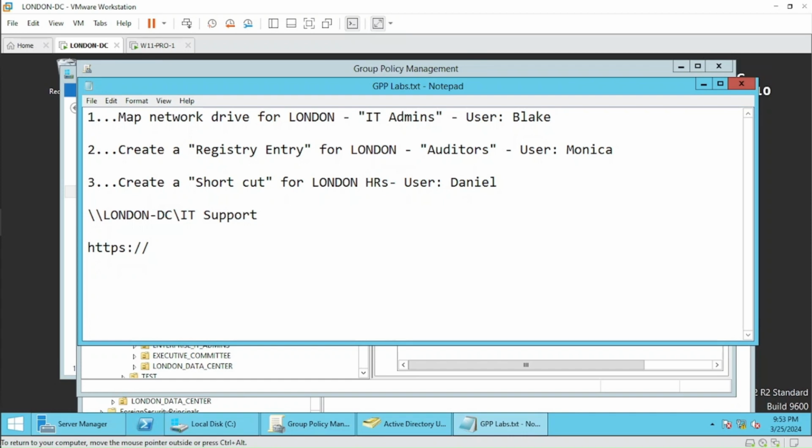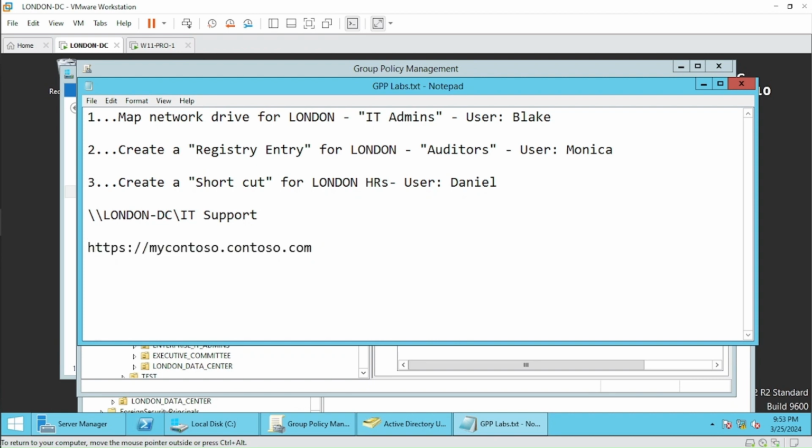So even Contoso.com has its own website, and the name is